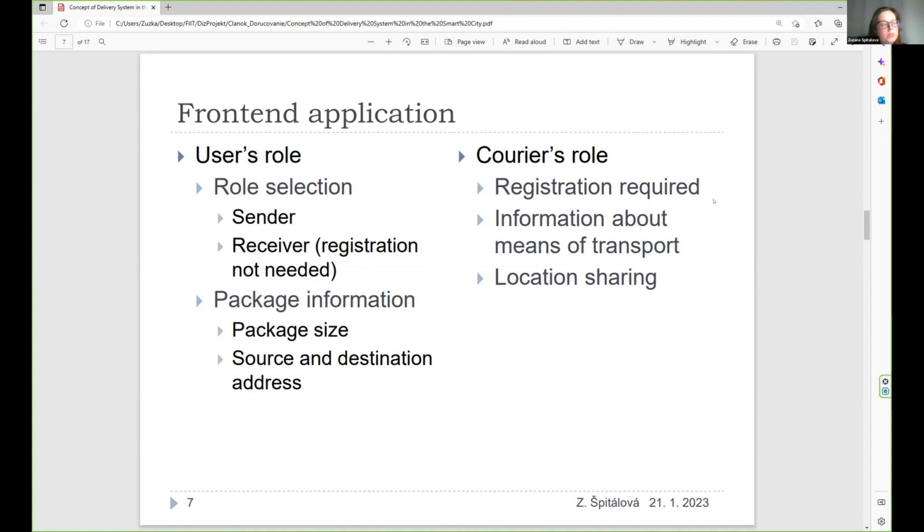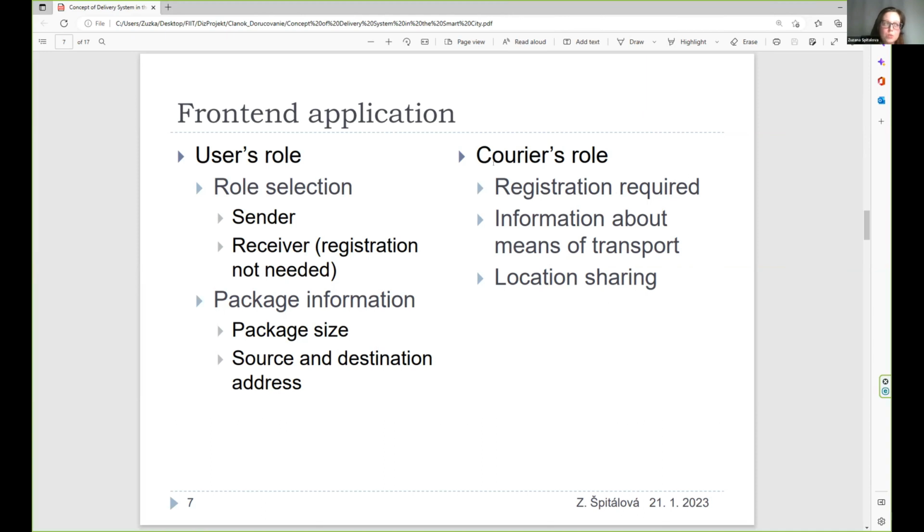By the courier role, there is the registration required. So after logging into the application, you have to register as the courier, and there are also some other information which has to be fulfilled. For example, the information about the means of transport which you use, and the other requirement is the location sharing.